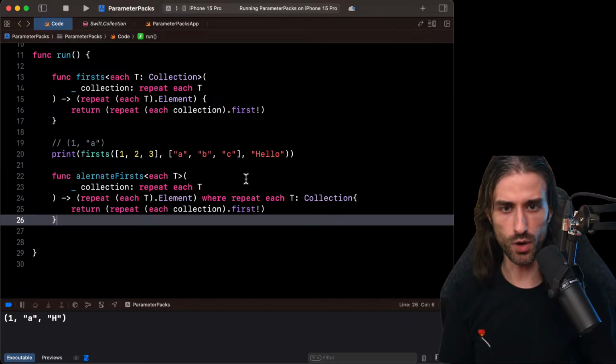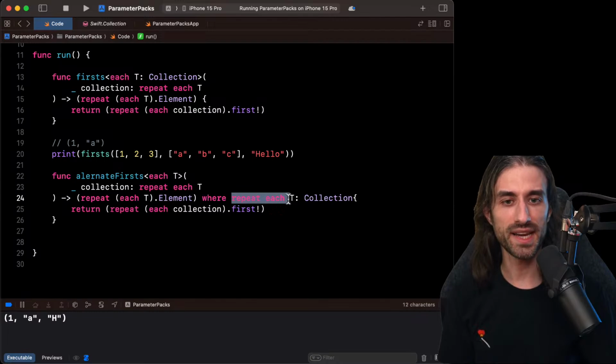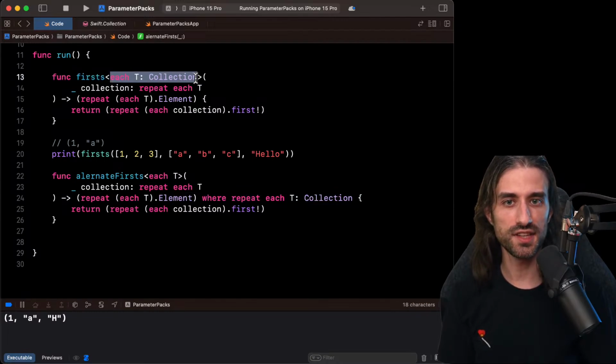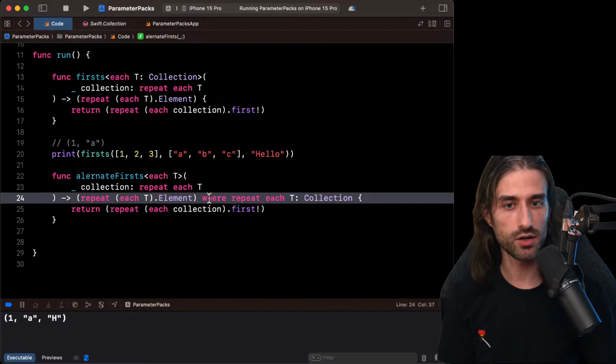The one with the where clause is slightly more complex because you have to do the pack expansion explicitly, whereas when you do the shorter syntax, the expansion is kind of implied. But they do the exact same thing. And just like when you declare a generic argument and you want to add conditional conformance, you can do it at the place of the declaration or using a where clause. You can do the same thing with a parameter pack. So I just wanted to show you that both syntaxes were possible.